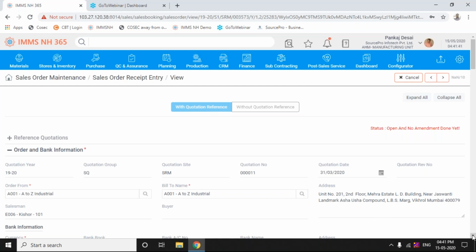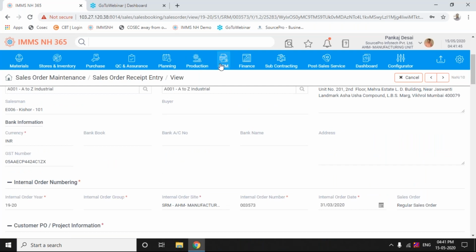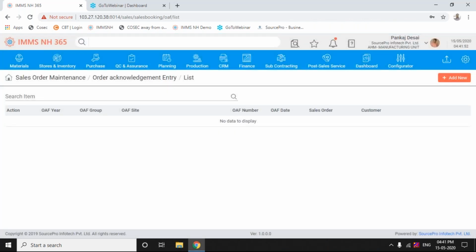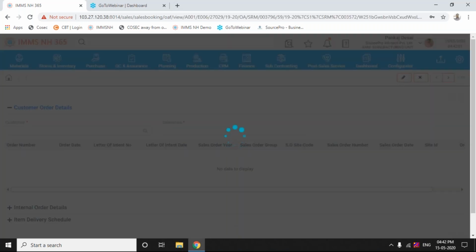Then it comes to the next step, which is the order acceptance or order acknowledgement, wherein, based on the internal discussions that the sales team and all relevant people in the company may have, because we are into largely capital goods manufacturing. Our customers are into largely capital goods manufacturing business. So normally